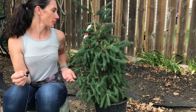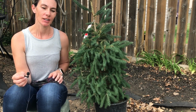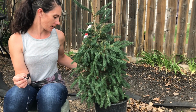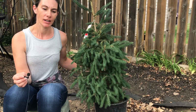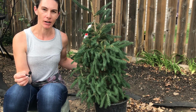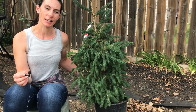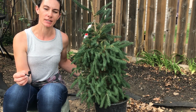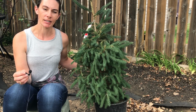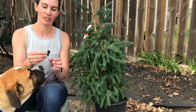I picked myself up a North Pole white spruce. So this is a nice cold tolerant tree. Should grow about 6 feet wide and 10 to 12 feet tall at maturity. And it's developed off of a native spruce species that's native to Canada and the US. So I thought it would be a nice tree to have here